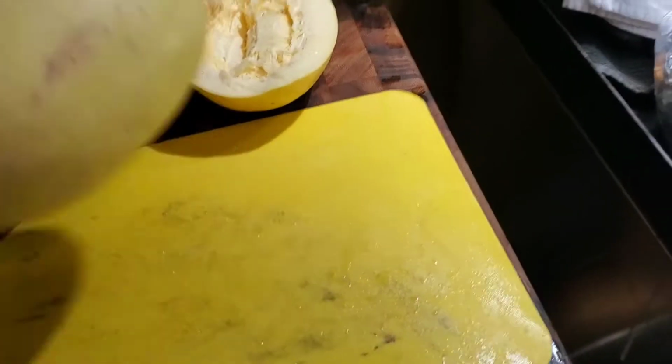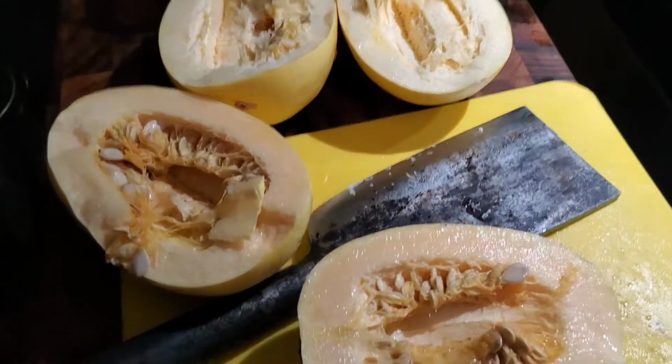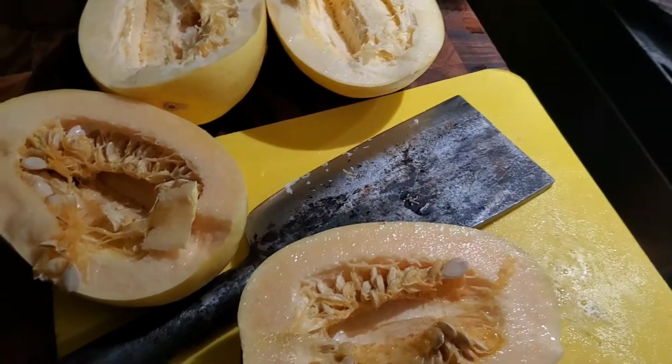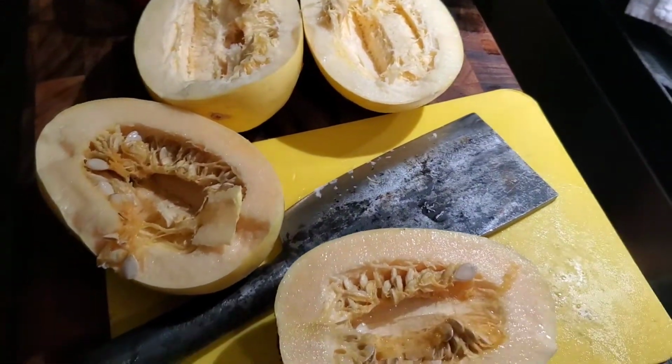Don't mess with me. Oh shit. All right guys, don't worry. Nothing that a little apple cider vinegar can't clean off. We good though. We are so good. Well,